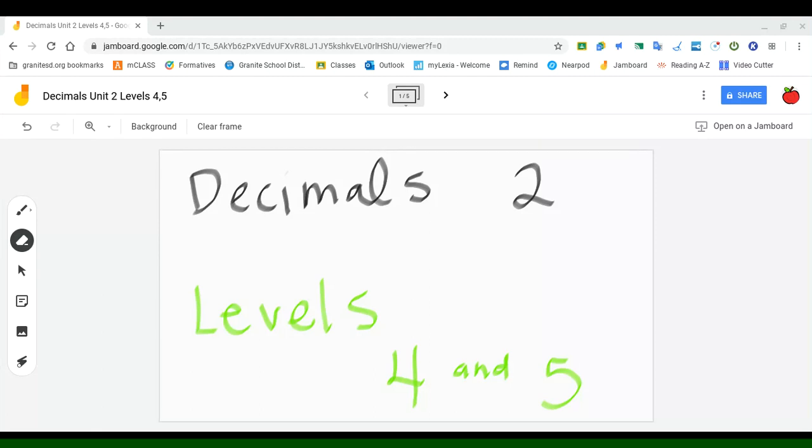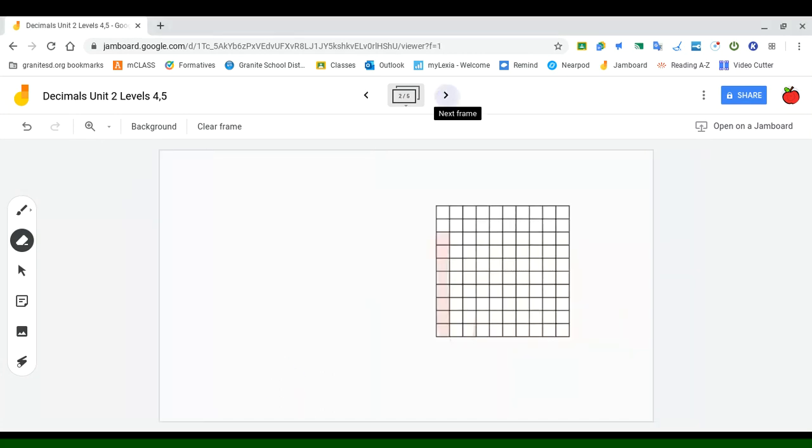Hello, moving on with decimals unit 2, levels 4 and 5. We are now going to be giving answers in decimal form, not fraction form, and we are still going to be working with hundredths, moving on from tenths. We're going to be identifying from the models given, and we are going to start with